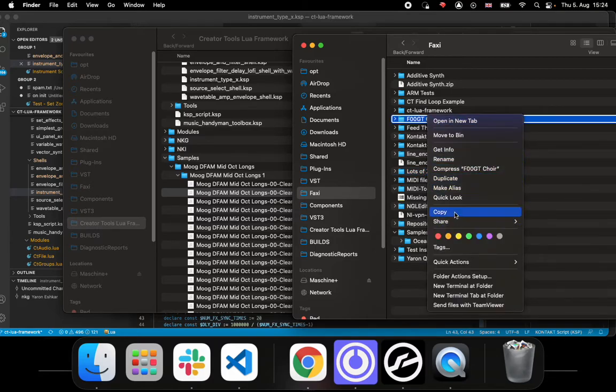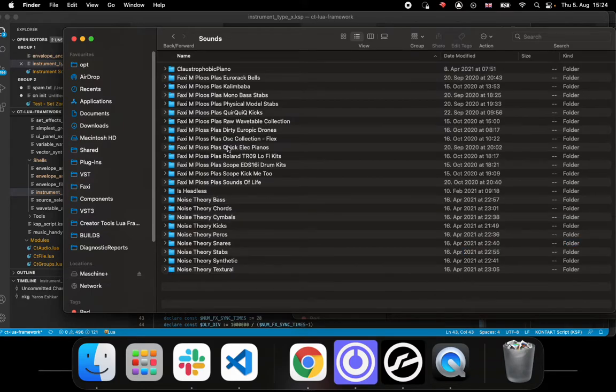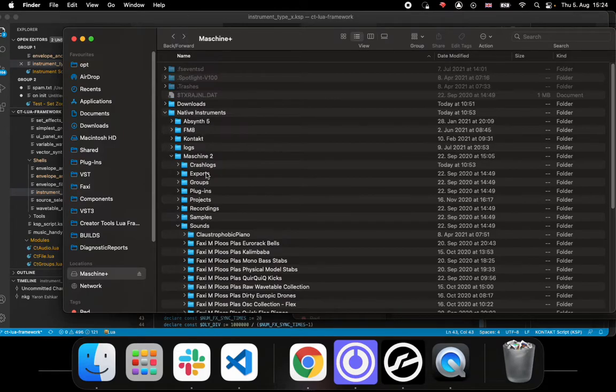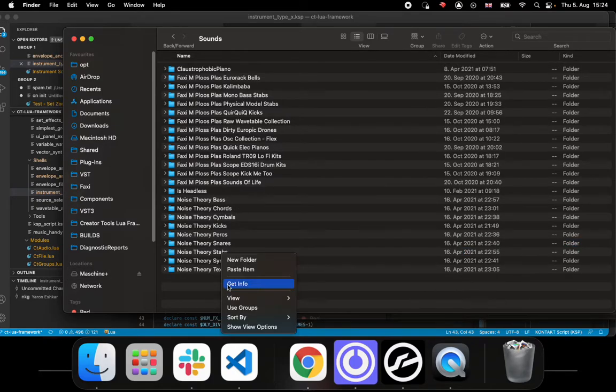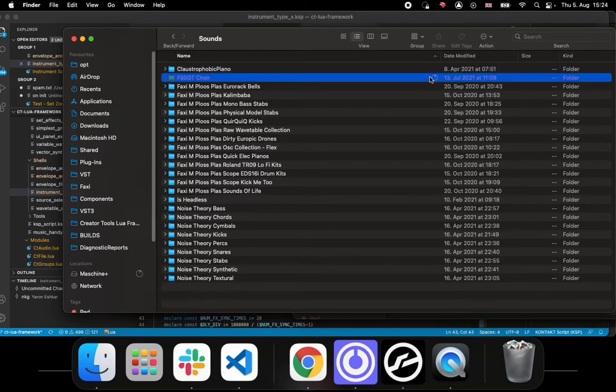Once you have your synth, you just copy it onto your Maschine Plus. Remember again, it has to go into the sounds subfolder of Maschine 2. So you go into the SD card, Maschine 2, not into Kontakt. Maschine 2, sounds. This is where you put all your custom Kontakt instruments. You paste it over here. Once it's pasted, this is probably pretty big. I should cancel this. Once it's pasted, you disconnect your SD card, rescan on your Maschine Plus, and you will